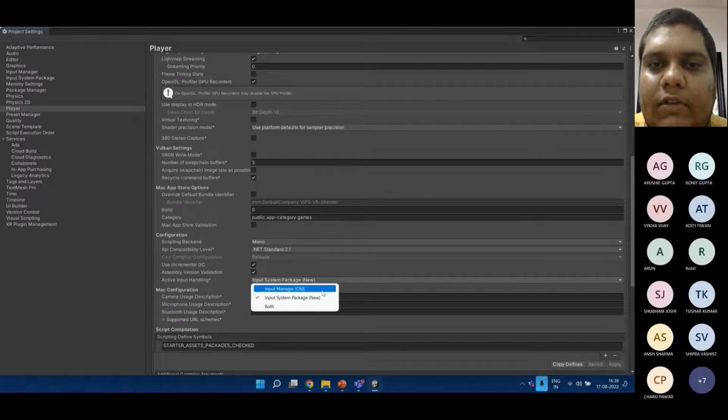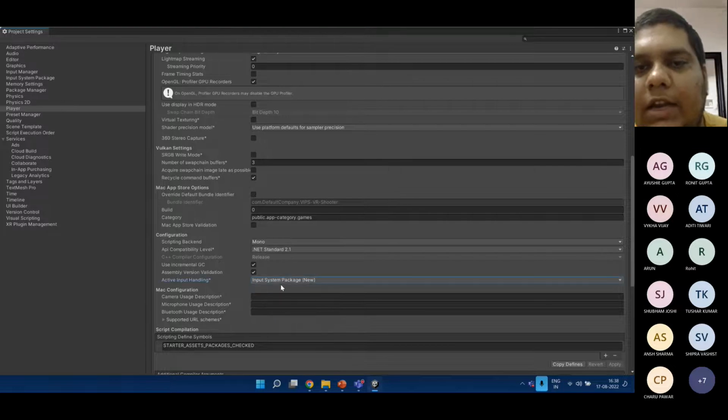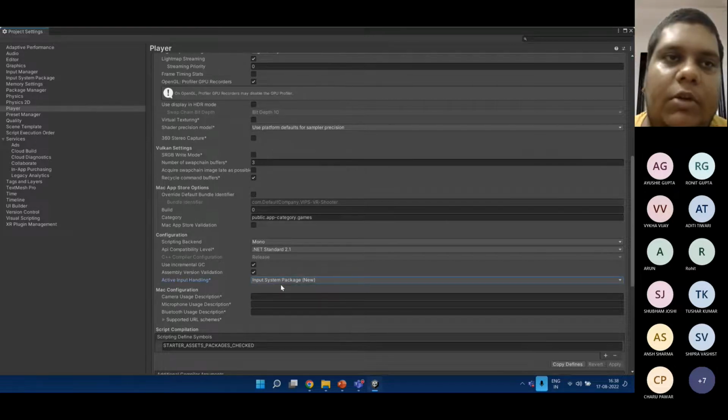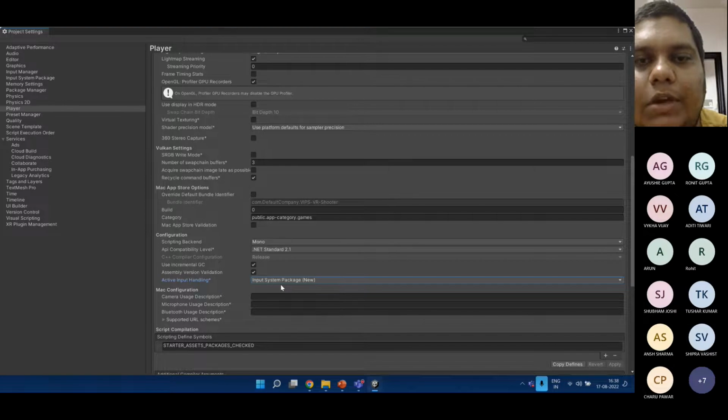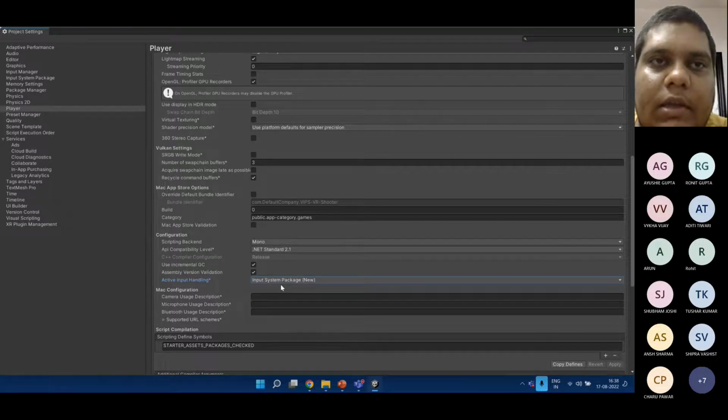This was the old manager, and then we can also do both, but it's better because when we are switching to the new input system, it's better to use this one only, so that we'll create everything for this specific system only, and we don't go back to using the legacy systems. And why this input system is useful and important to learn is because every input in the new XR interaction toolkit